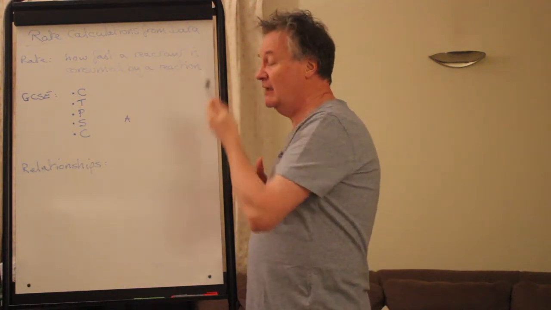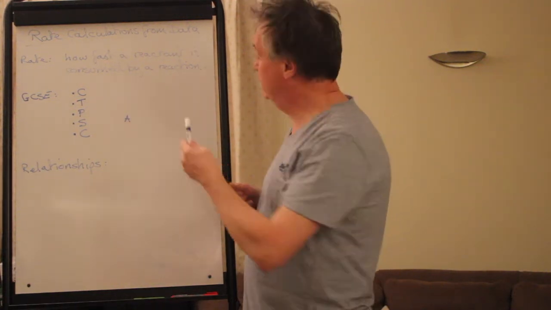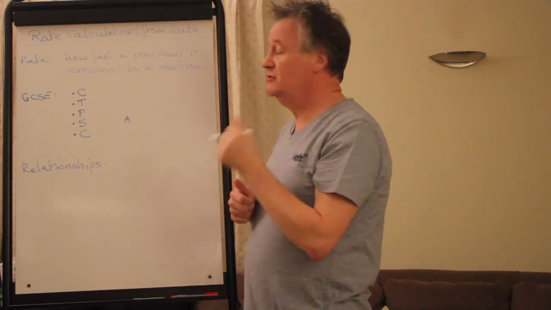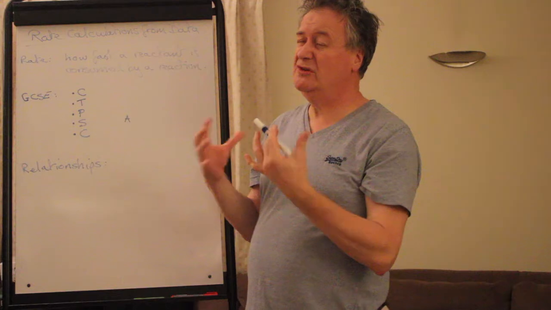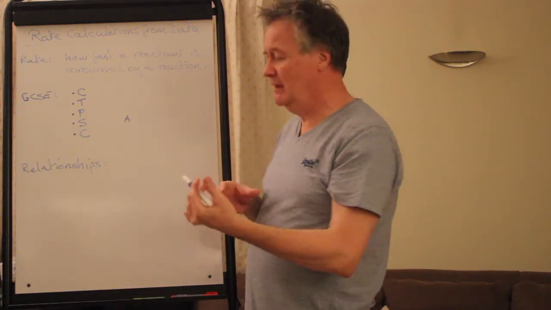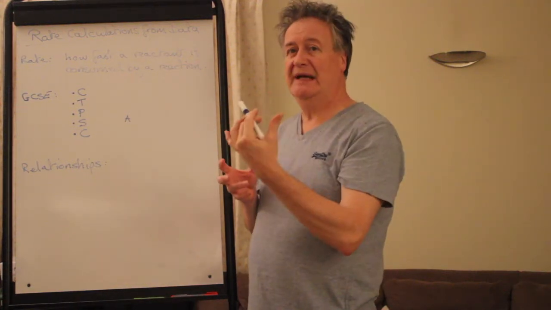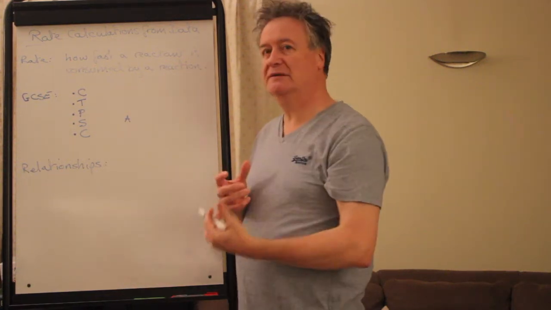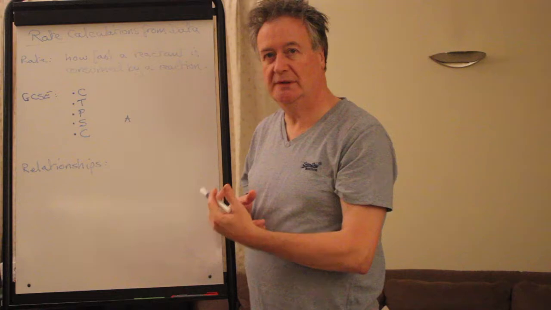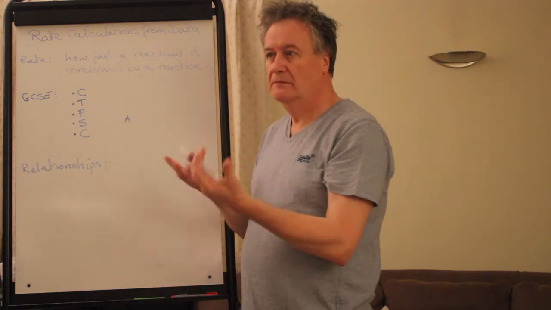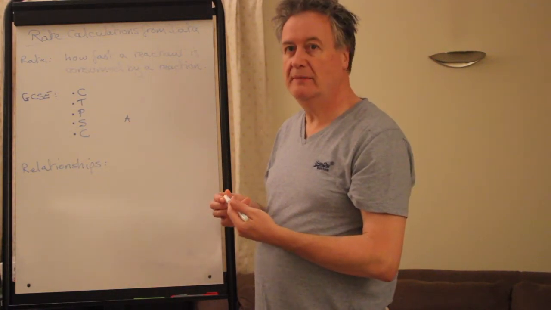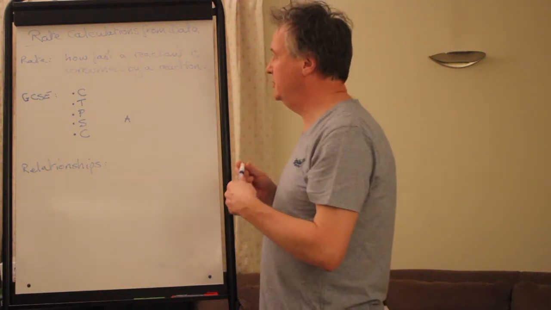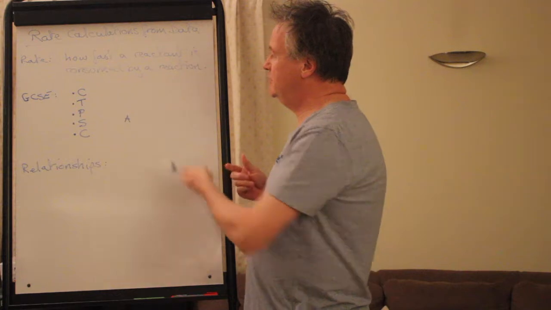It says rate: how fast a reactant is consumed by a reaction. Now there are lots of ways to think about that, fairly similar. You're looking at a reactant disappearing, and the point of saying "how fast" is that you look at it against time. Therefore you get a measurement versus time, per second. That'll be part of the units for it. Now GCSE wise,